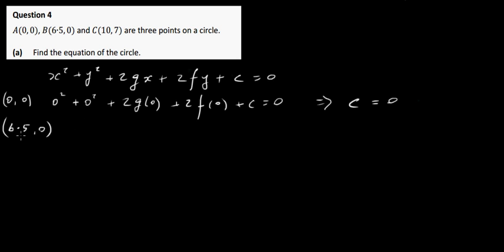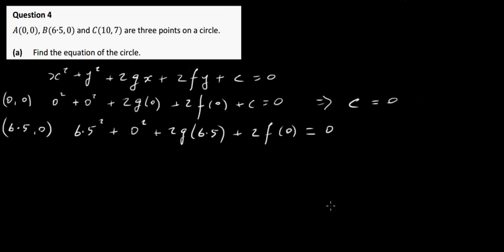So if I do that, my x is 6.5, so I'll end up with 6.5 squared. y is 0. Twice times g times 6.5 plus twice f times y, which is 0. And c is 0, so I don't have to worry about that, so I end up with 0 here. Let's multiply all this out. So I'll end up with 42.25 here